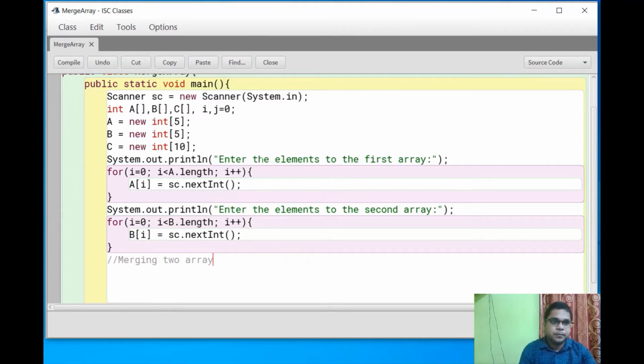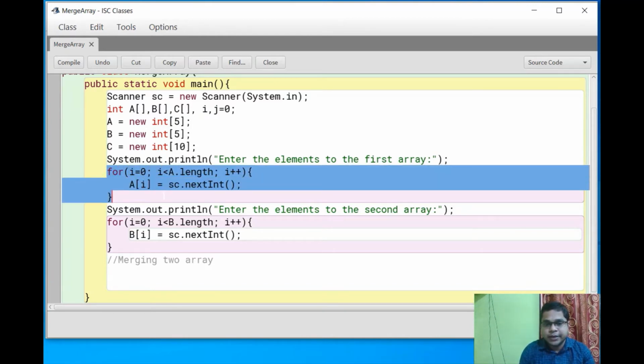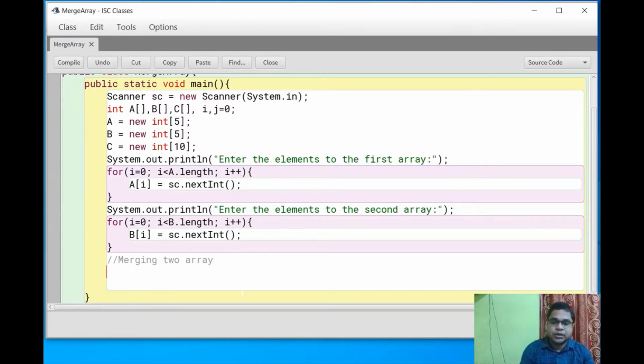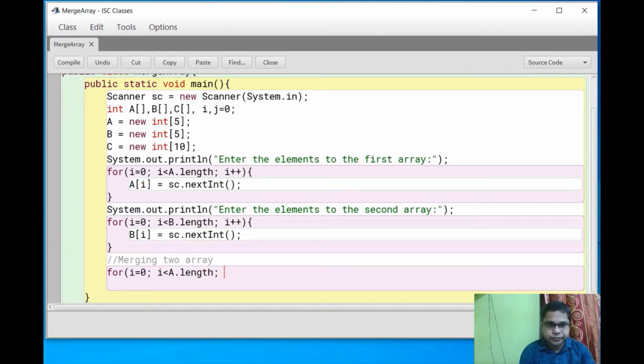For merging, first we have to store all the values of a. Whatever data is in your a array, store it into the c array. So for that I am taking a for loop. Same here, i equals 0, i less than a dot length, then i plus plus. After that, here I am taking c of j plus plus.